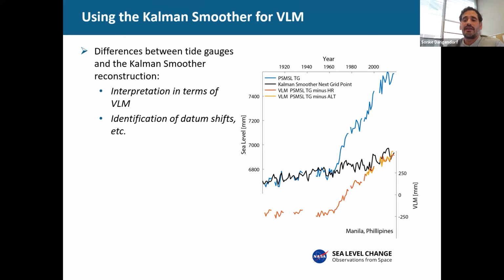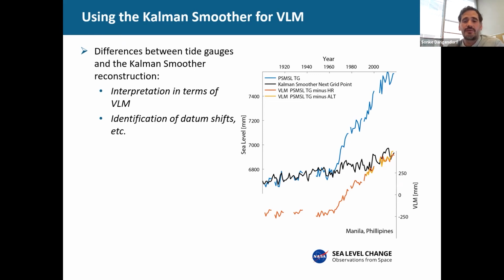And you can see that the yellow record that is overlaid on the red curve shows a very similar signal to our estimate, the difference between the tide gauge and the Kalman Smoother, meaning that we can actually interpret these differences in terms of vertical land motion. An additional point that we can detect are actually measurement